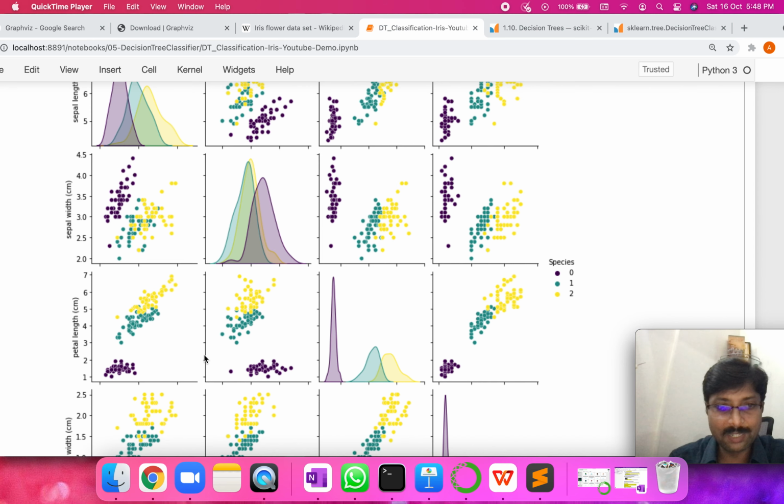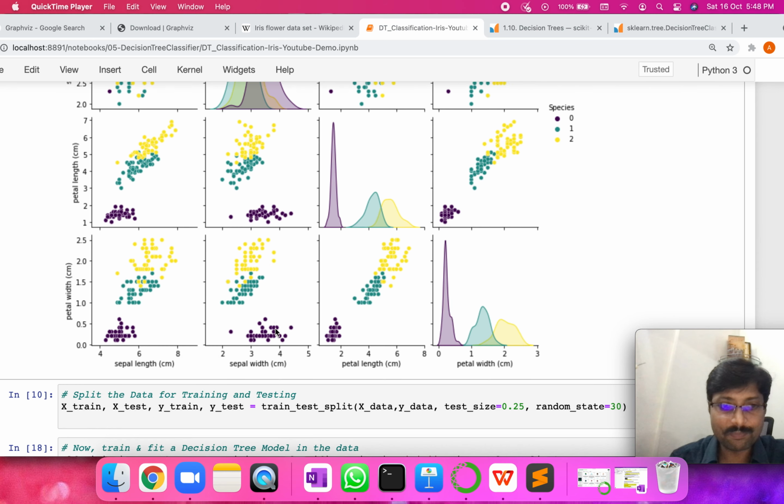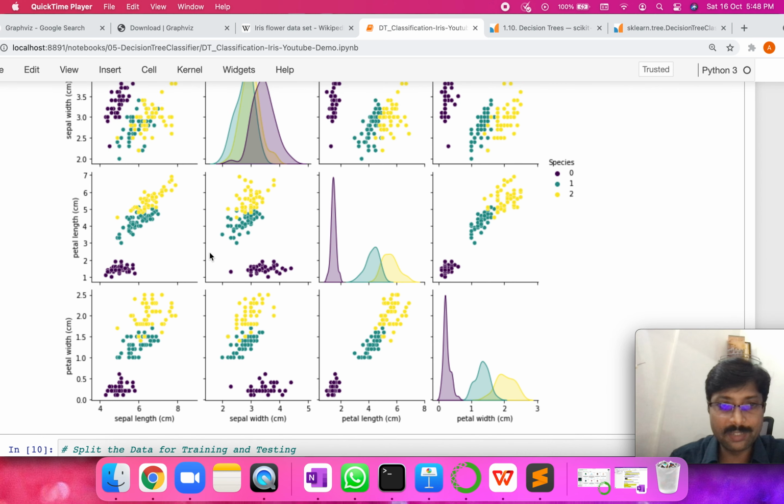Take this example, right? This is petal length here, and this is sepal width here. For some particular range of sepal width and petal length, we can clearly classify setosa, right? And for the other classes, we may have different conditions, based on which the data falls into one category or another. That is what the decision tree is also going to infer. It is going to observe, try to divide the data based on different ranges and conditions, and then finally arrive at, hey, this might be this category or that category.